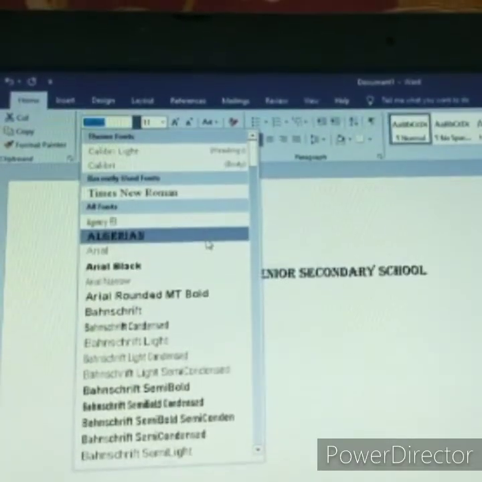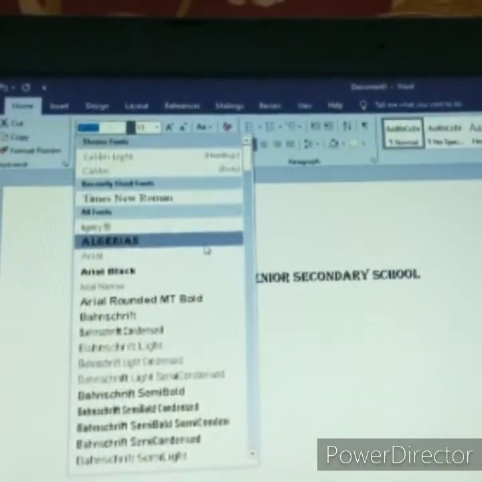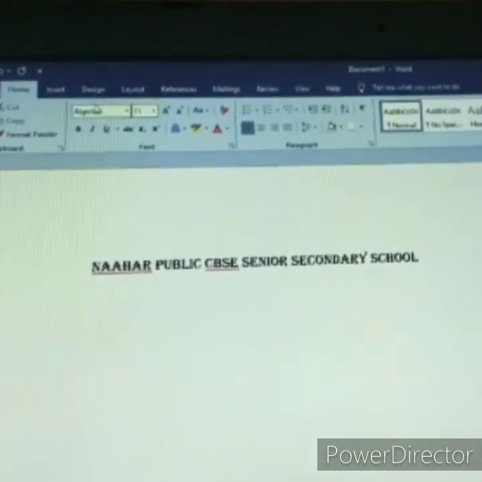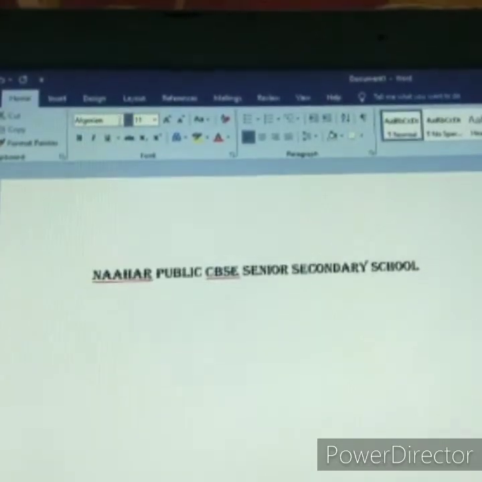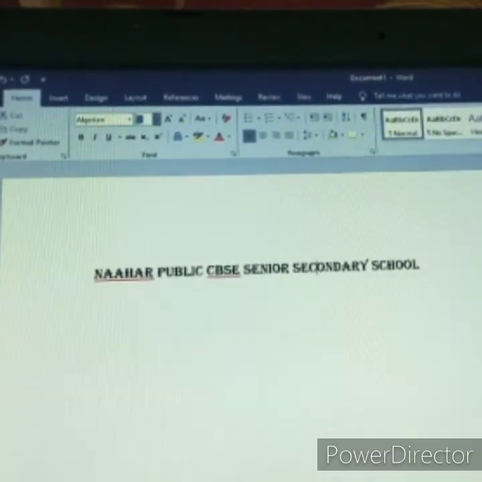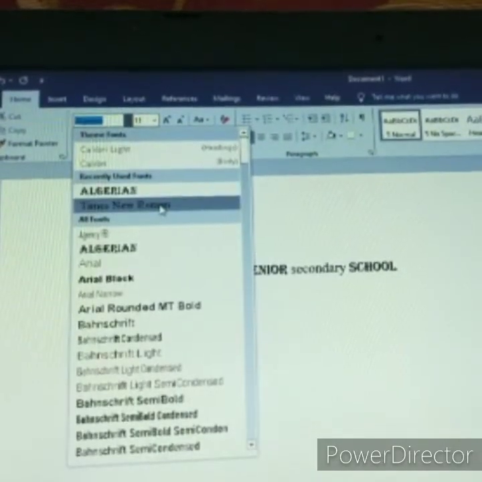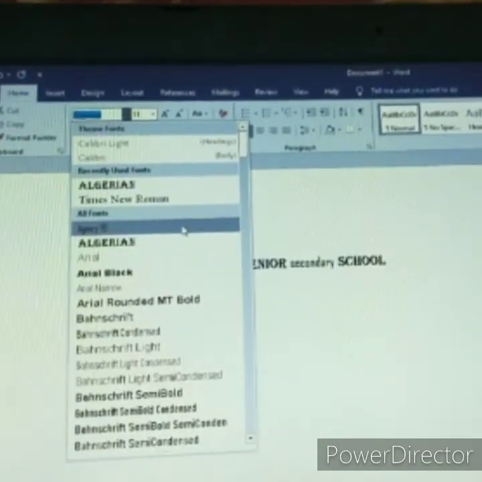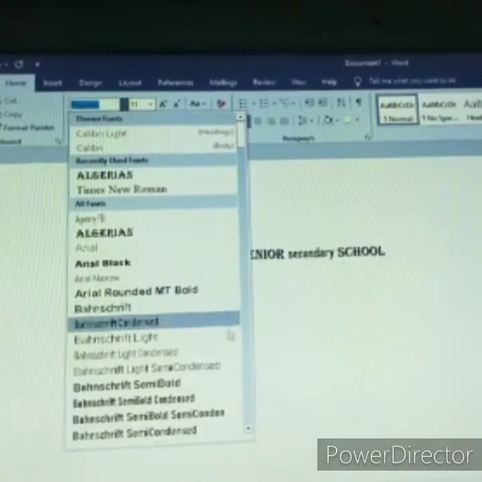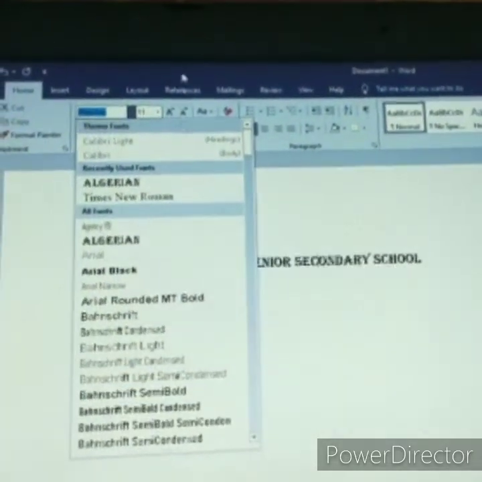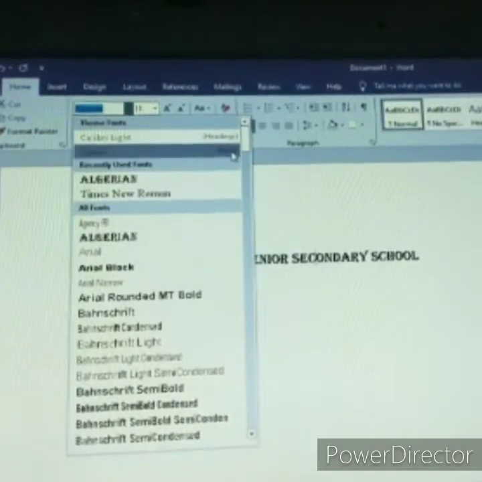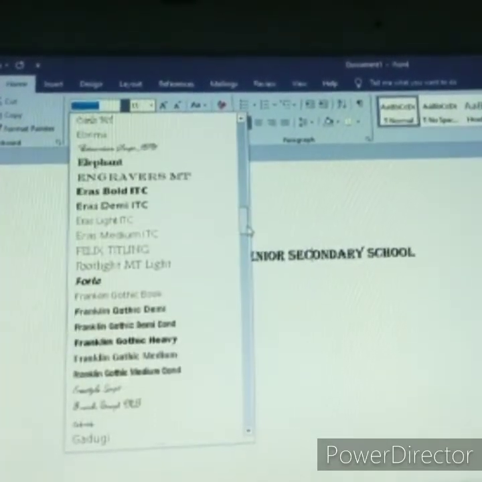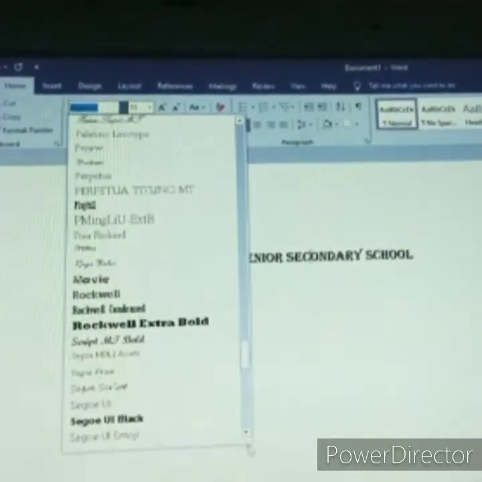If I click this, my text changes. Next is Times New Roman and this is Agency FB. In this list of font models, there are a lot of font designs.